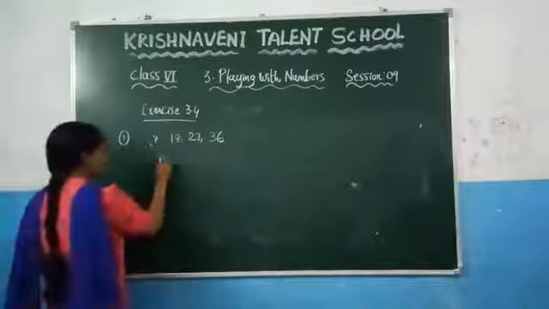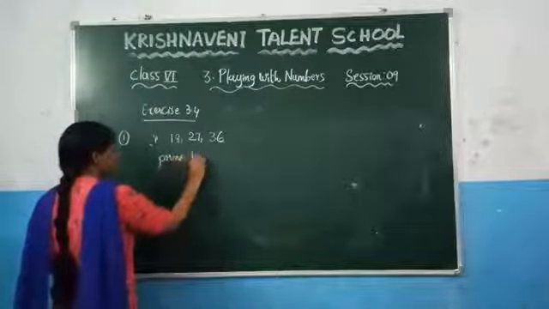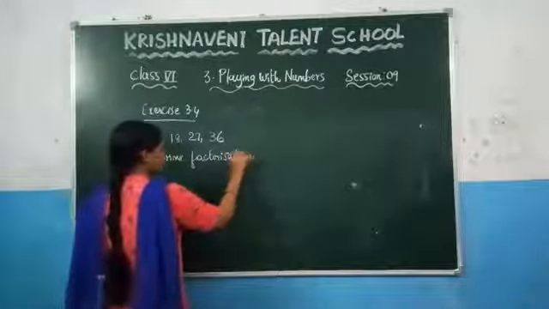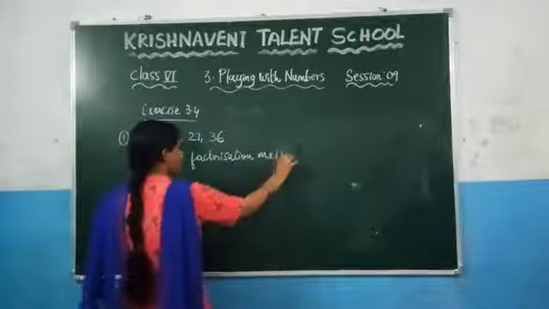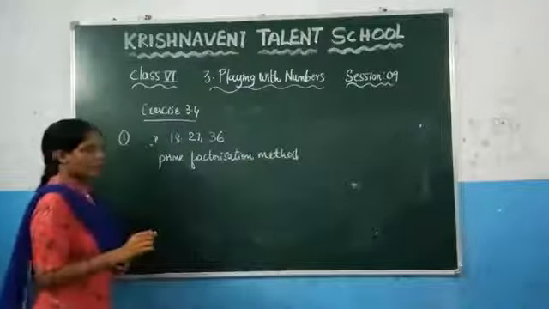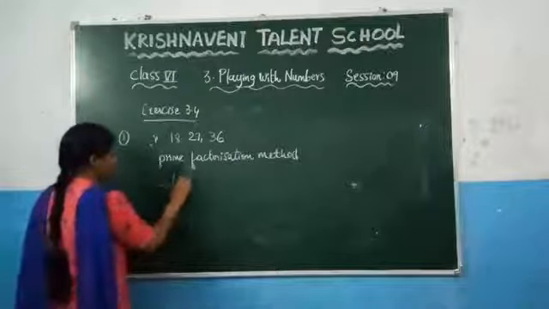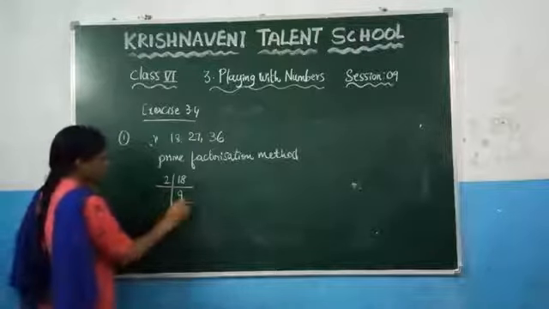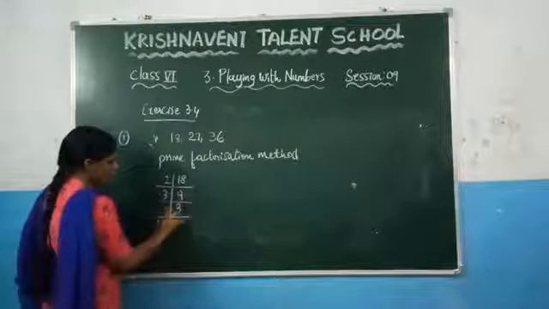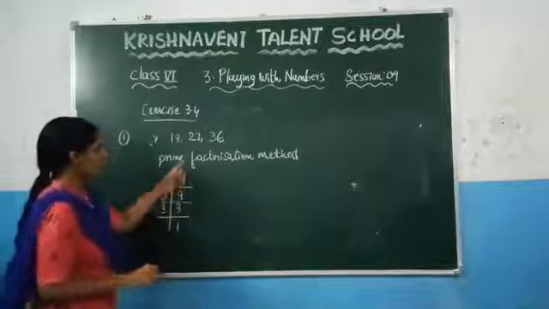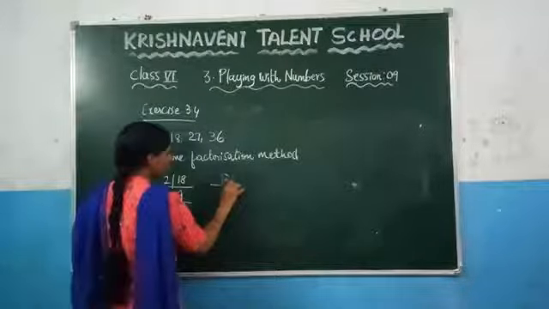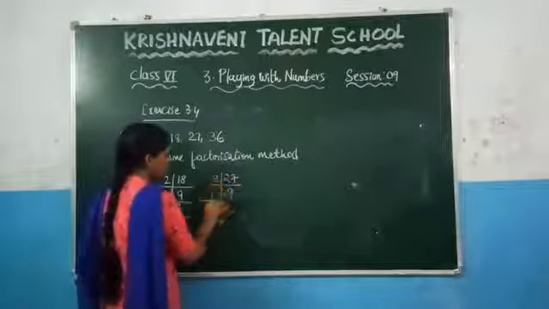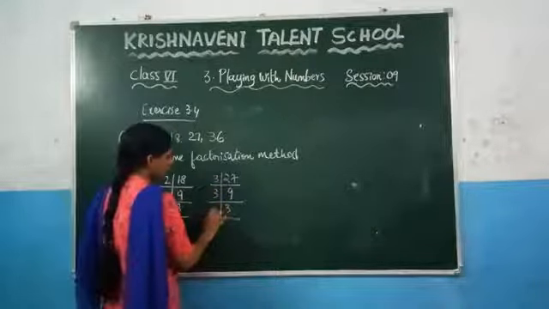See the first method, which is the prime factorization method. So, in the prime factorization method, take the number 18. You can write it as 2 into 9. 2 is the least prime number. And after that, 3 3s are 9 and 3 1s are 3. Similarly, consider 27. You know that 2 is not divisible into this number. Check for 3. 3 9s are 27, 3 3s are 9 and 3 1s are 3.